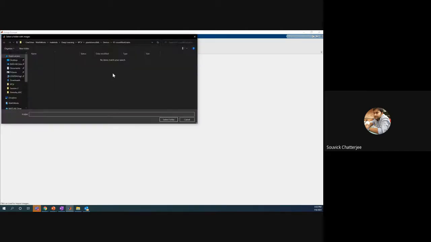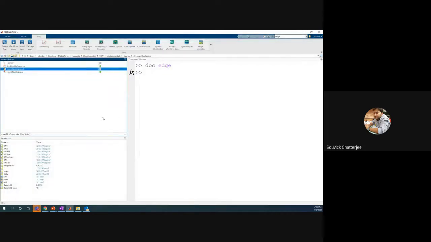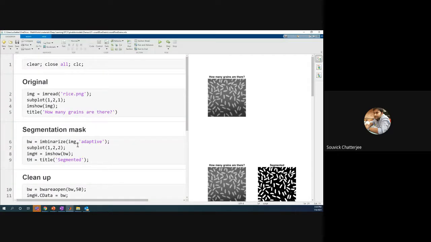Yeah, so if you have a folder of different types of images, you can just select the folder here, and then you can do all these types of things on this. Currently this folder does not contain any images, so maybe I'll just show this and come to that question. So here, first of all, what we want to do is calculate the number of grains here, which can also be the number of cells or similar things.